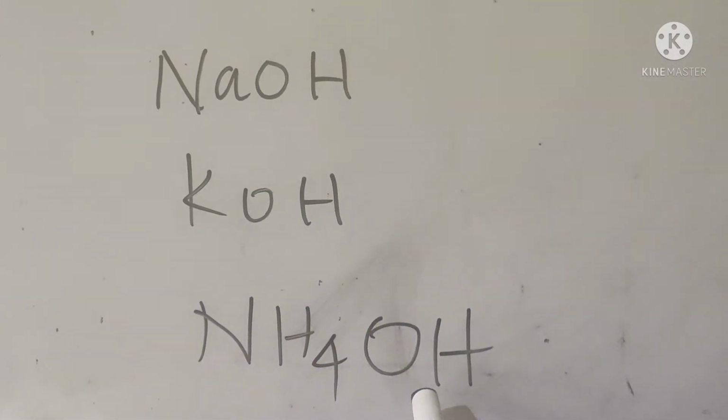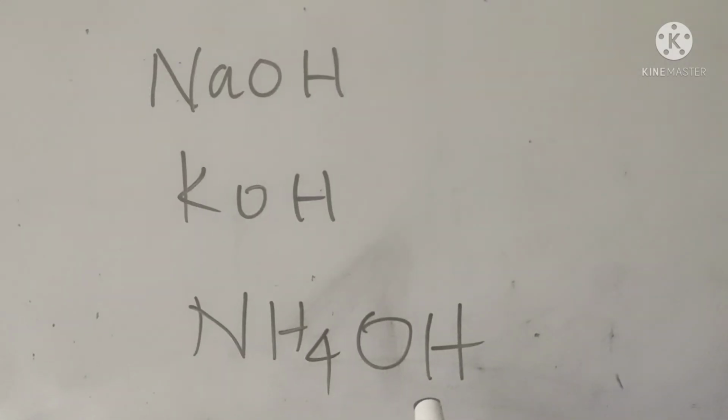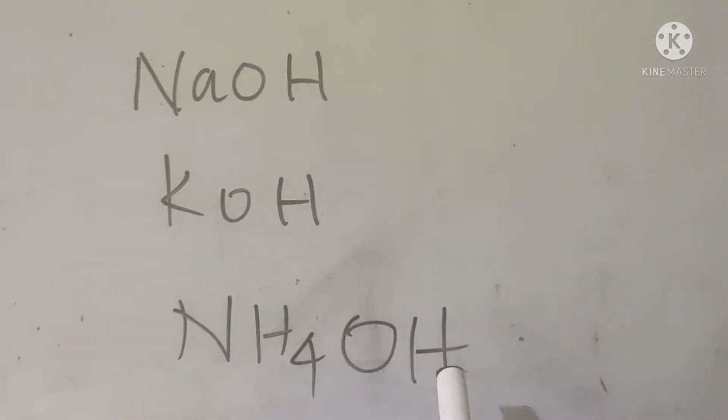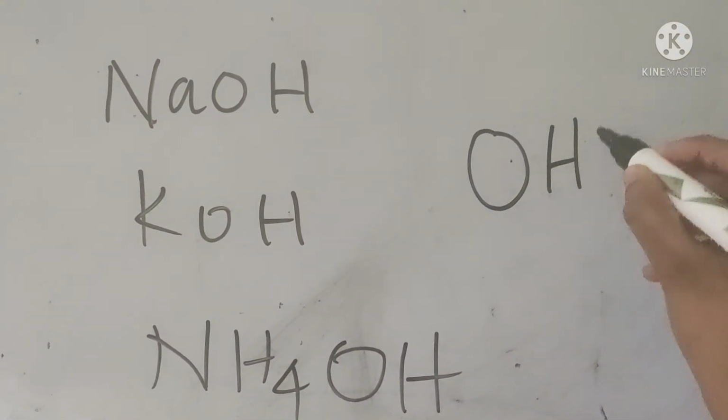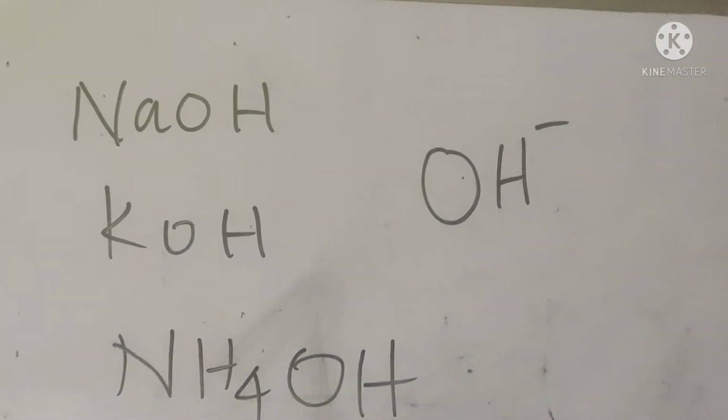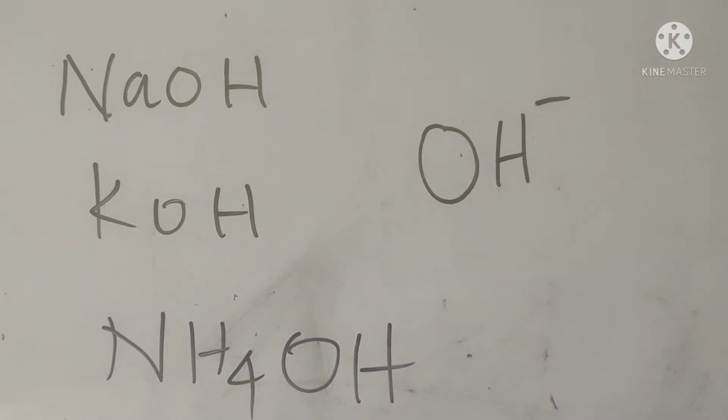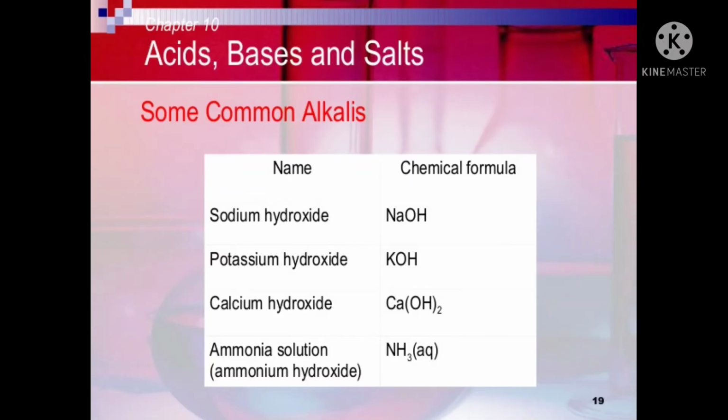From this we can say bases are the substances which, when dissolved in water, form OH minus ion, hydroxide ion. Some common alkalis or bases are sodium hydroxide, NaOH, potassium hydroxide, KOH, calcium hydroxide, Ca(OH)2, and ammonium hydroxide, NH4OH,